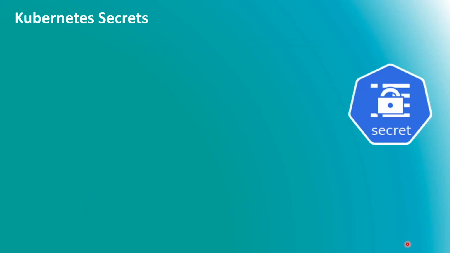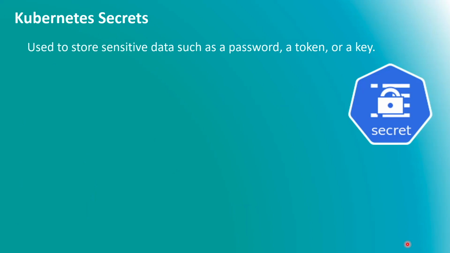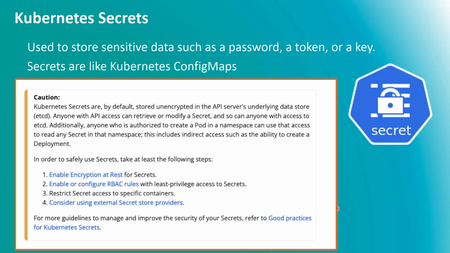Kubernetes provides another component called Secret. A Secret is a Kubernetes object that contains a small amount of sensitive data, such as a password, token, or an API key. Secrets are very similar to ConfigMaps, but these are specifically made to hold confidential data. But one point you should remember while configuring a Kubernetes Secret, and this is